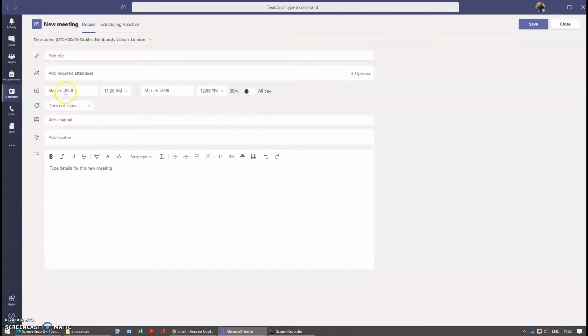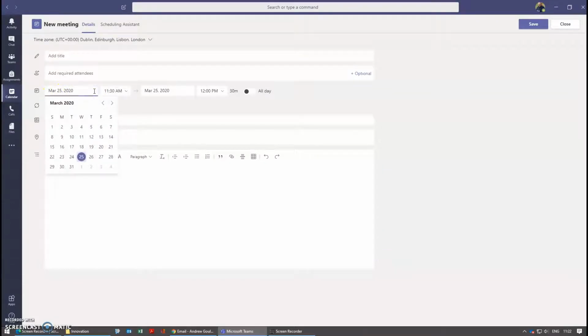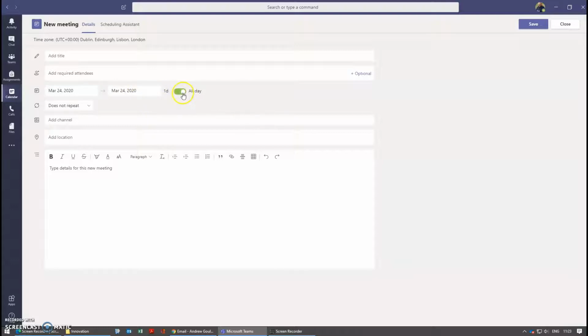So if you do it this way, you'll have to set the date. So if Darren was working at home on the Tuesday, and if he was on it all day in your working day, then make sure you toggle this button there, and I'll show you why that's important in a minute. But then in the title box, if you put